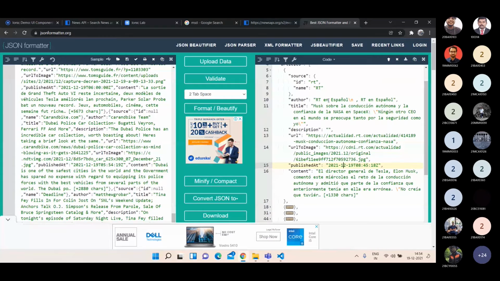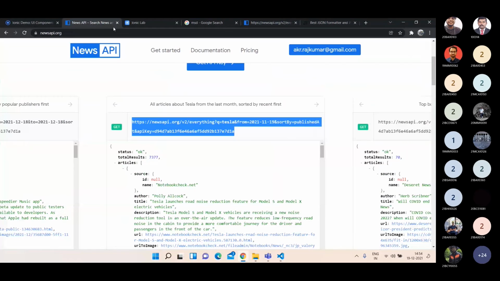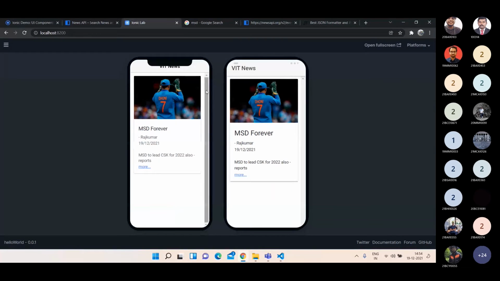Yes, sir. OK, so what we are going to do now is we are actually going to append this live data with our application. That means whenever you are opening your application, you will be receiving some latest news. So we are not going to have the static content like this. We are going to have a dynamic content which is powered by a server in real time. OK, for that, what should we do? That's what we are going to see.